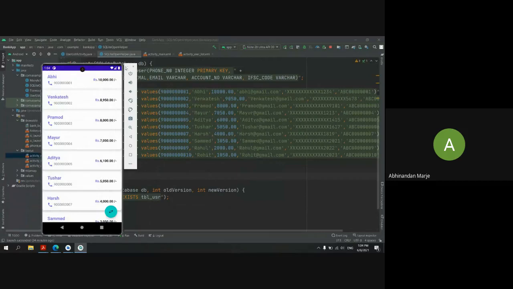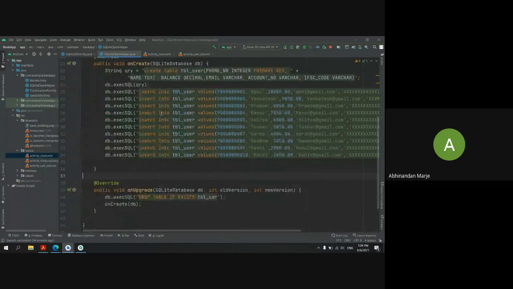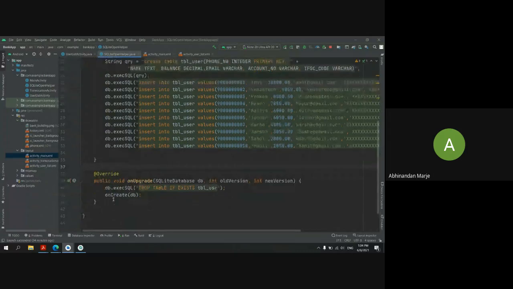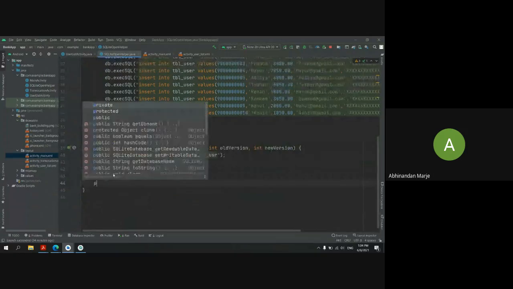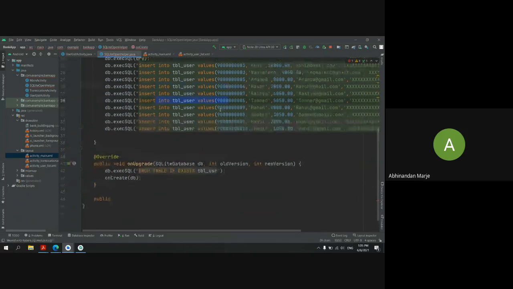Okay. So the first thing I want to do is, I don't want to extract the data from the database in all my activities. I'm going to make one single function for that. That function will be public. And after mentioning the property of the class, I have to mention the return type. You can see here I'm mentioning void because I am not returning anything here. If I want to return anything, I can't use void. In this I want to return one database function which will give me the data of my database.